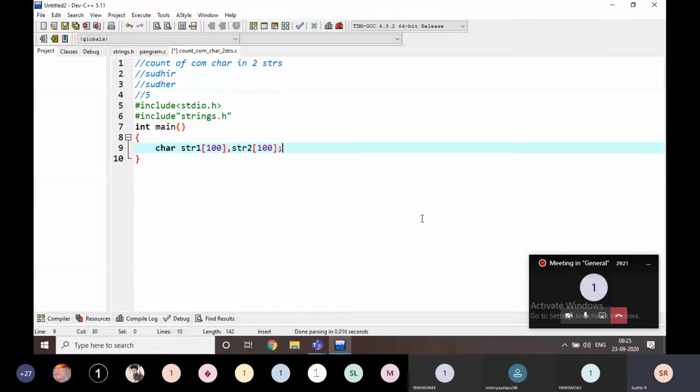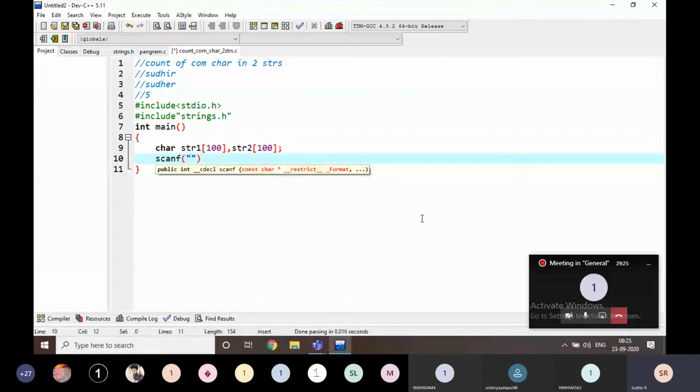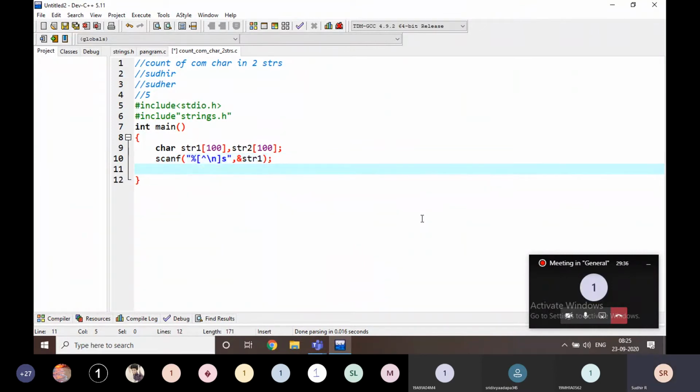I am going to read the first string into str1. When reading the second string, we have to give some space and then read it into str2.